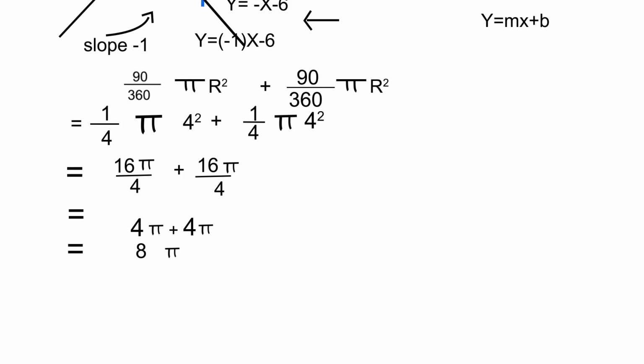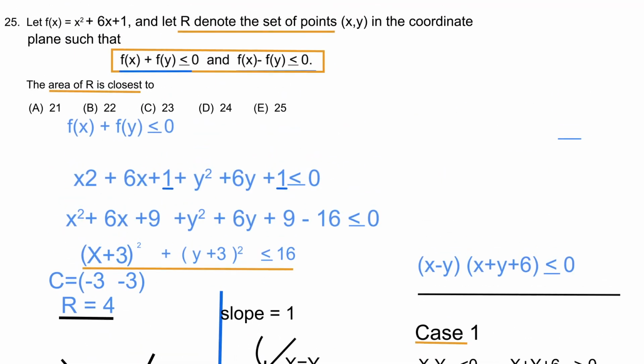The area of R is closest to, okay, they want an actual number. All right, no problem. 8 pi is what? 8 times 3.14, and that is approximately 25.1. So 25.1, area of R is closest to 25. So number 25 is 25, and that's choice